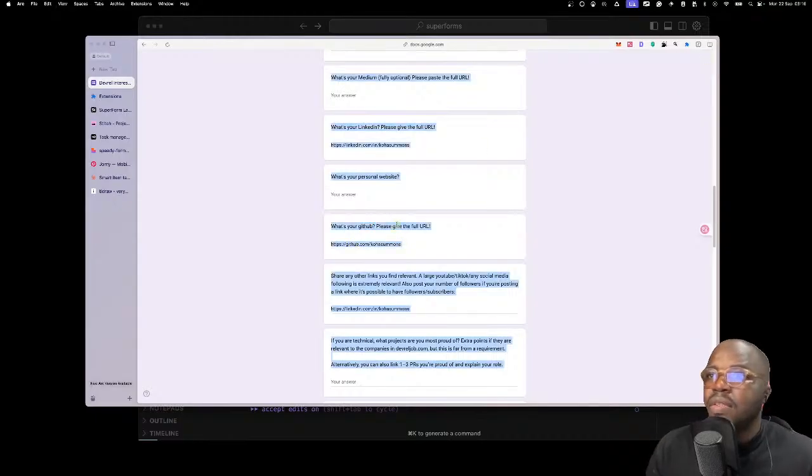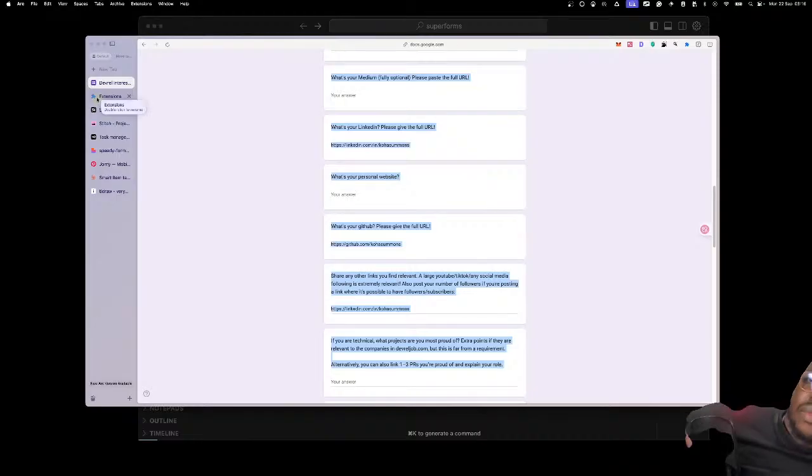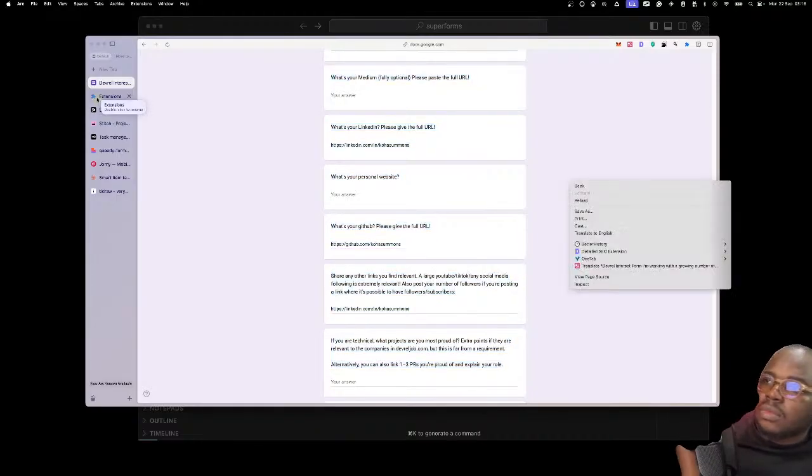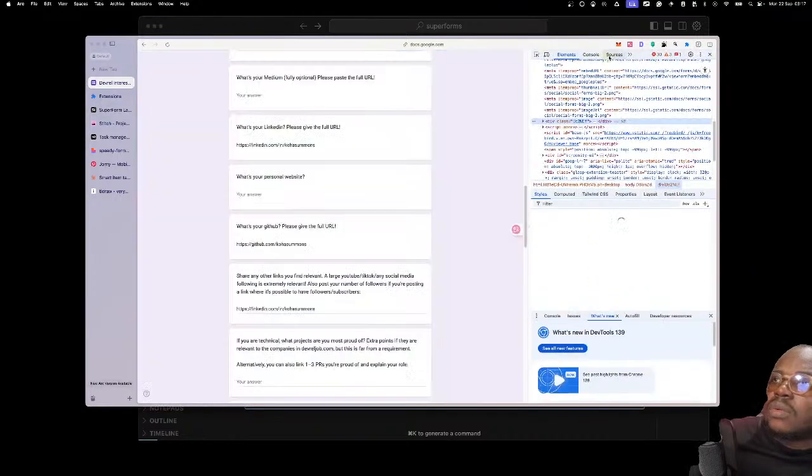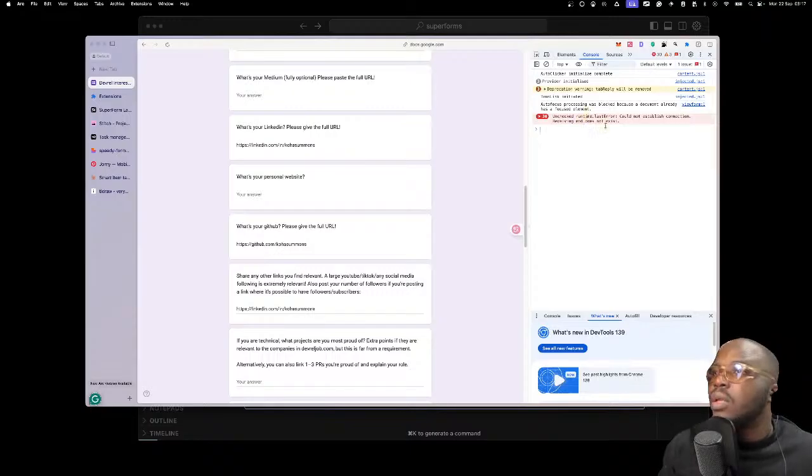Yeah, I think the extension is actually messing up with the site, right? I'm gonna inspect this so we can see the console, unchecked runtime error.